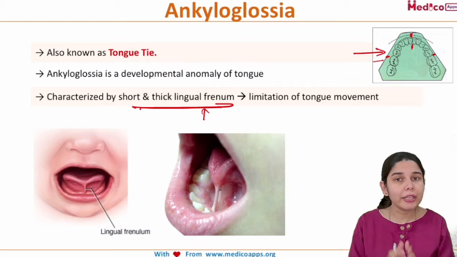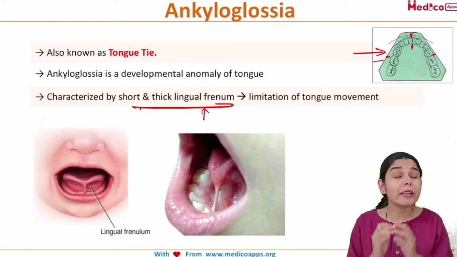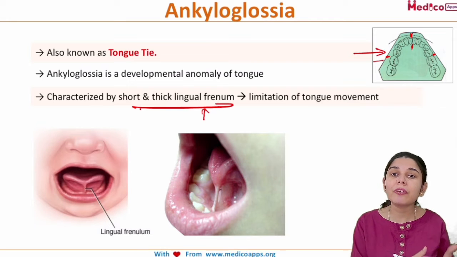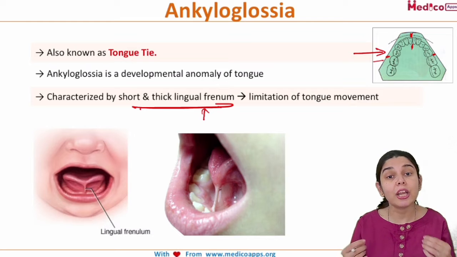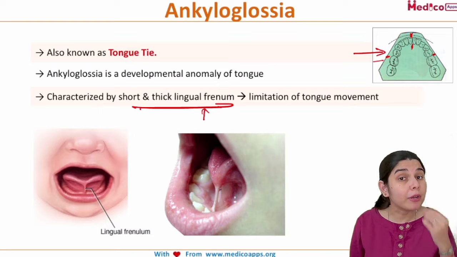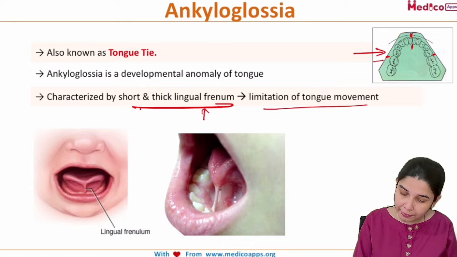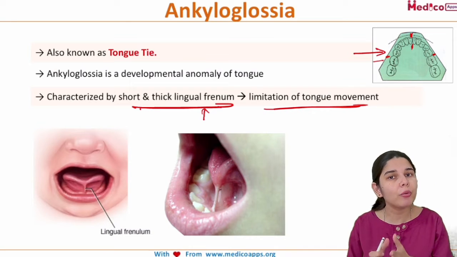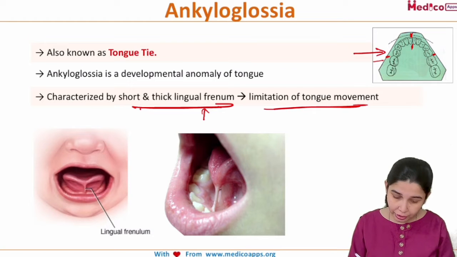Now, usually the lingual frenum in normal patients is long and thin, but in a patient with ankyloglossia, the lingual frenum is short and thick, and because of that short and thick lingual frenum, there will be limitation of tongue movement. Now, how would there be a limitation to the tongue movement? For that, you need to refer to this